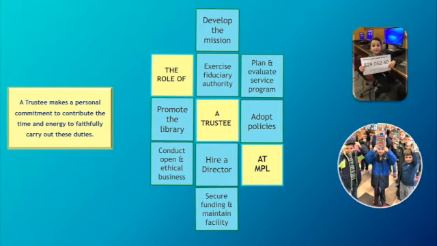The trustees secure adequate funding for the library's service program. The board ensures that the library has the funding necessary to carry out the objectives related to the long-range plan, which means advocating in the community about the importance of the library. The board, however, is not responsible for fundraising. The board is responsible to maintain a facility that meets the library's and community's needs, which means that the building must be accessible to everyone and meet ADA standards.